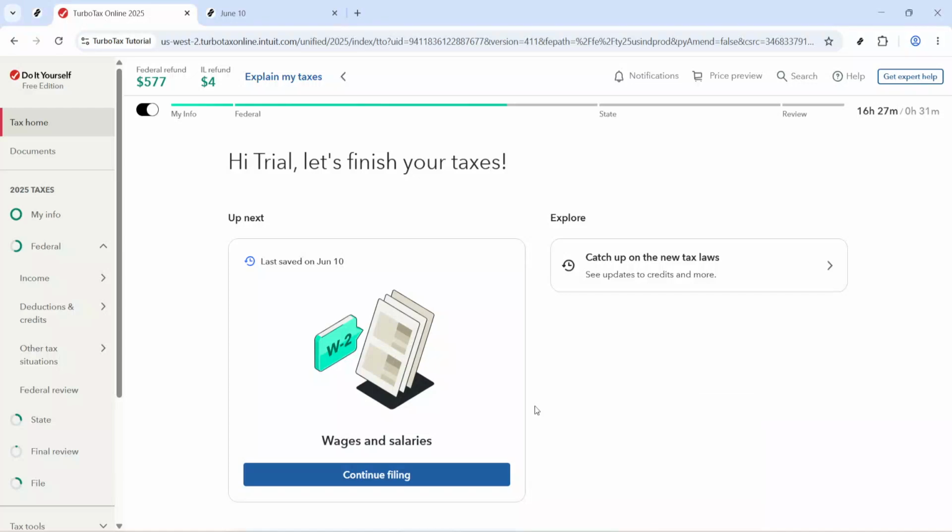In today's video, I'm going to teach you how to file an extension on TurboTax. If you need a little more time to complete your tax return, TurboTax makes it fairly simple to request an extension right from inside the platform. In this walkthrough, I'll show you exactly where to go and what to click so you can get started quickly